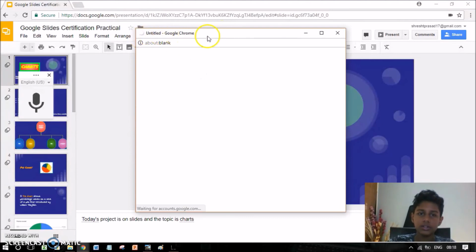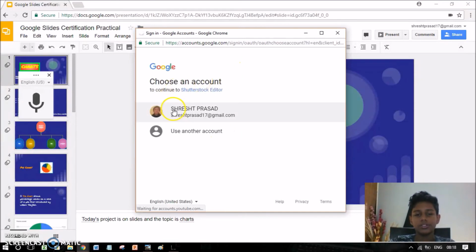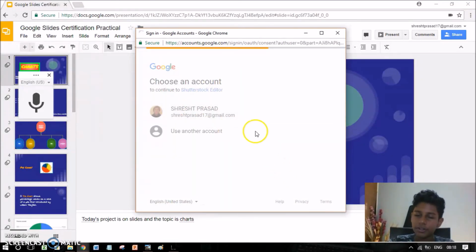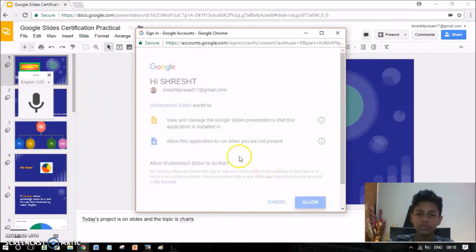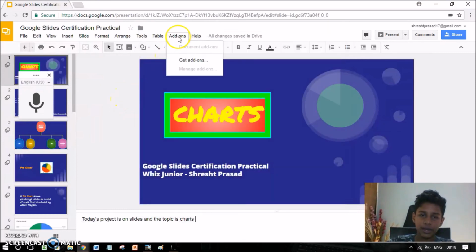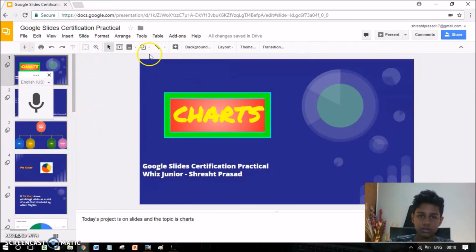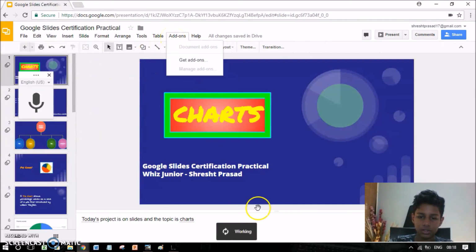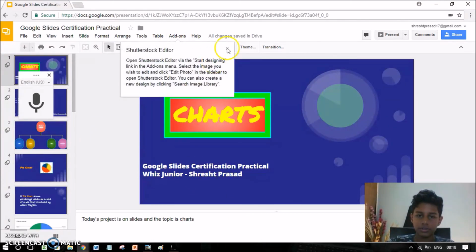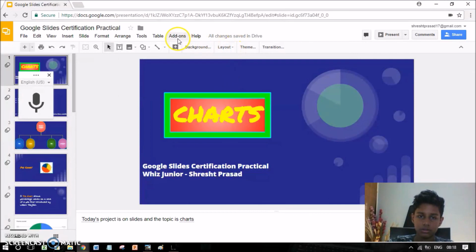Then it will ask you to sign in from your Google account one more time, just to make sure that you want this add-on to be added to Google Slides. And when I click this and allow, then Shutterstock editor will be added on. As you can see, it's working currently, and you can see Shutterstock editor,